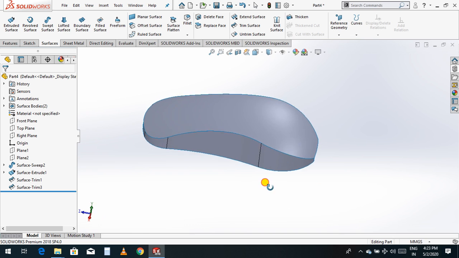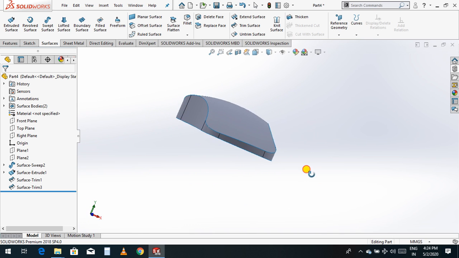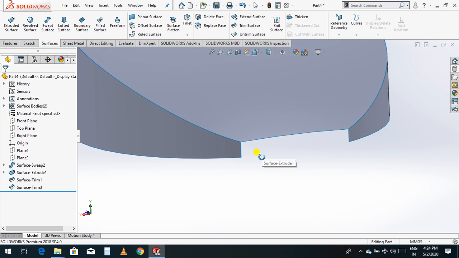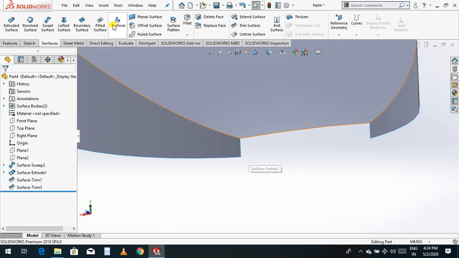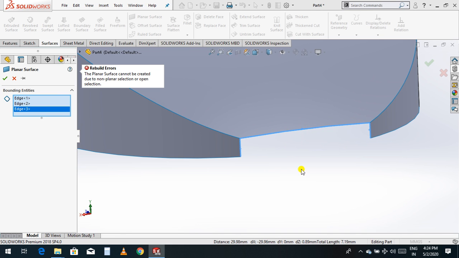Now you can see, go to a planar surface, select this and this and this, click OK.